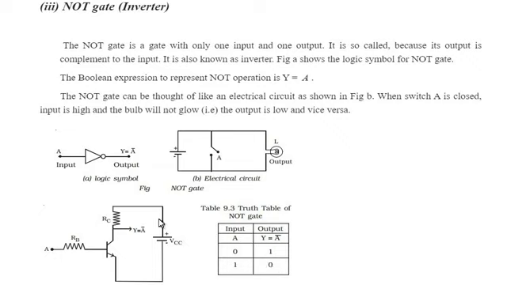This is the circuit, in a similar way to the previous two topics, that is the OR gate and AND gate. But this circuit is quite different. In the AND gate, we used two diodes, but here a transistor is present. Okay.